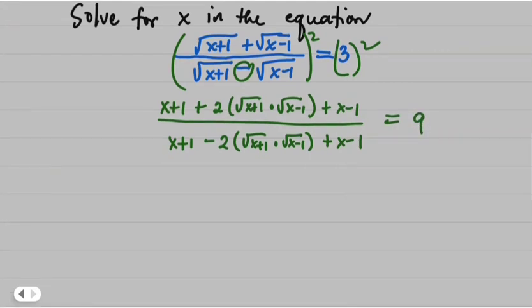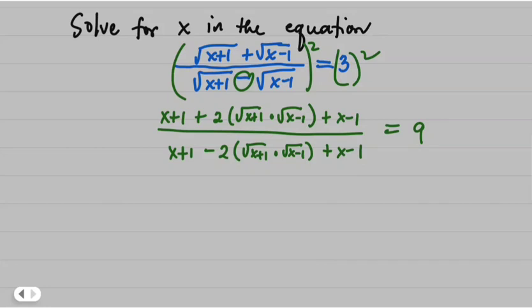Now after that, we can combine the like terms, of course. So x and x gives us 2x, and then positive 1 and negative 1, we can cancel that out. So what we are left with is 2 times, of course, square root of x plus 1 times square root of x minus 1, which gives us square root of x squared minus 1. There you go. All over in the denominator here, of course, we can cancel this one and this. Now we are left with